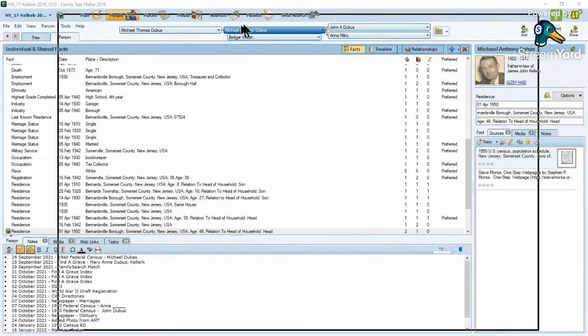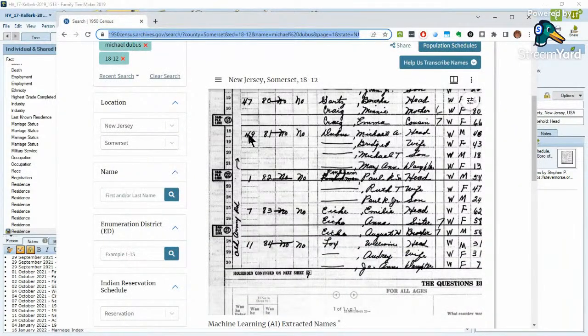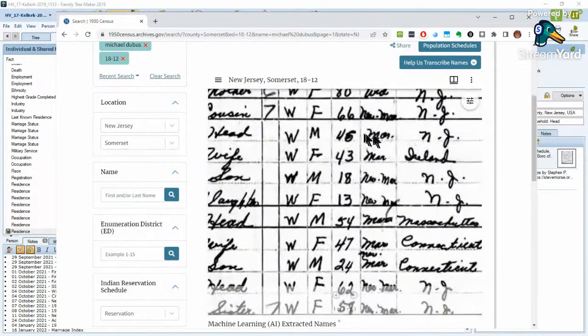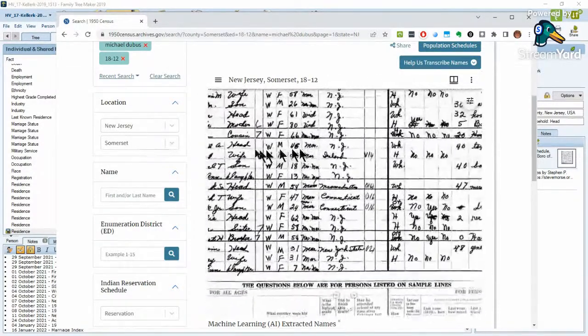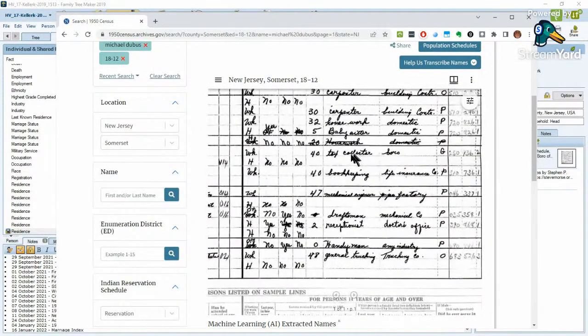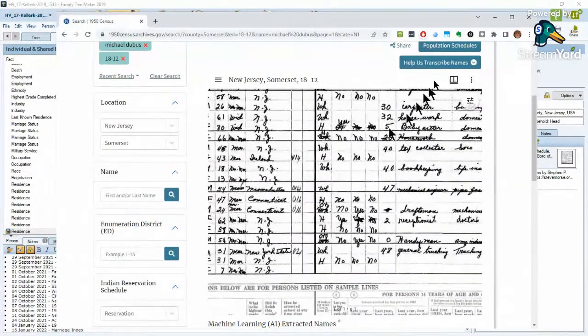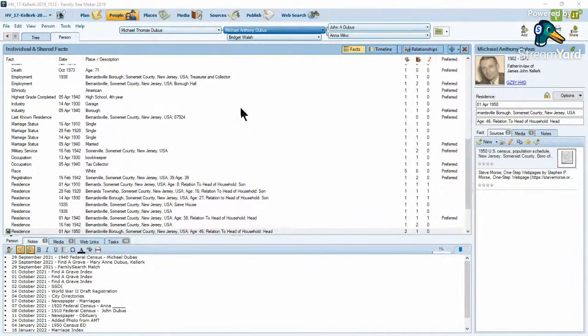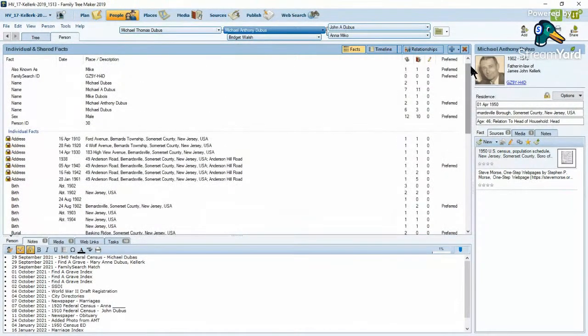Now I'm going to bring the website back over. So there's Michael. I got an address, which I'll use here in a minute. Michael A. There is where his age is. He's married. He was born in New Jersey. And he's a tax collector for the borough. I did not know that. I want to get that in here. So let me throw that out of the way. Now his address